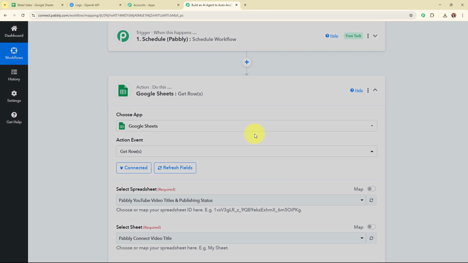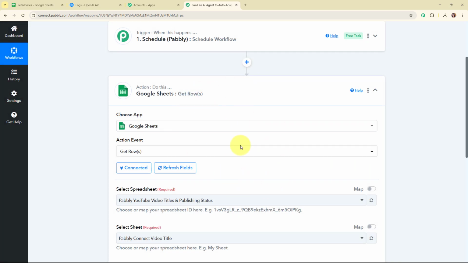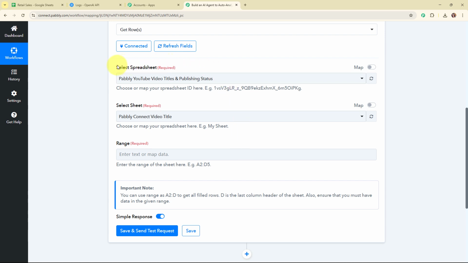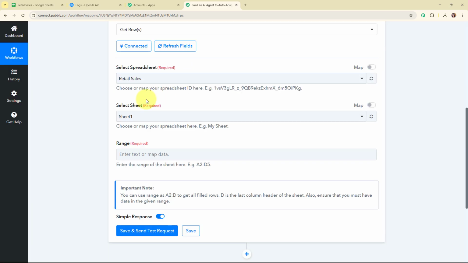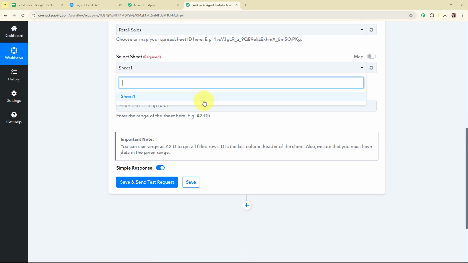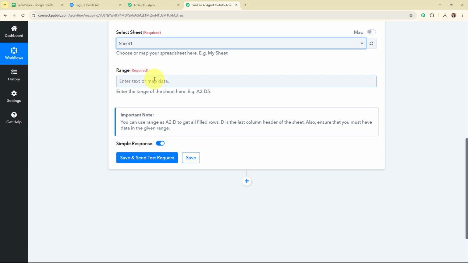Authorization successful. So here you can see we are now successfully connected. So moving forward, here it is asking me to select the spreadsheet. I've already shown you that I have my spreadsheet with the name retail sales. So I'm going to select my spreadsheet as retail sales, and then it is asking me to select the sheet. So I'm going to select the sheet as sheet 1, and then here it is asking me to enter the